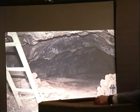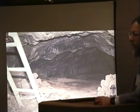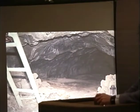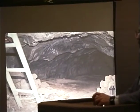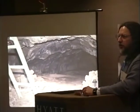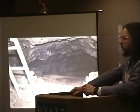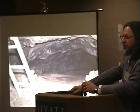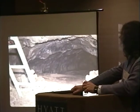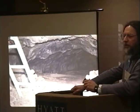Here's a cave. It's one that we used in our studies with young astronauts in Central Oregon. We took young astronauts and actually did lunar-based simulations in these caves to see how it would work, if there'd be any showstoppers. And in fact, there were some problems, but there were no showstoppers. The two biggest problems we had were the dust. It turned out to be a really bad problem, and it caused us to take a new look at lunar dust